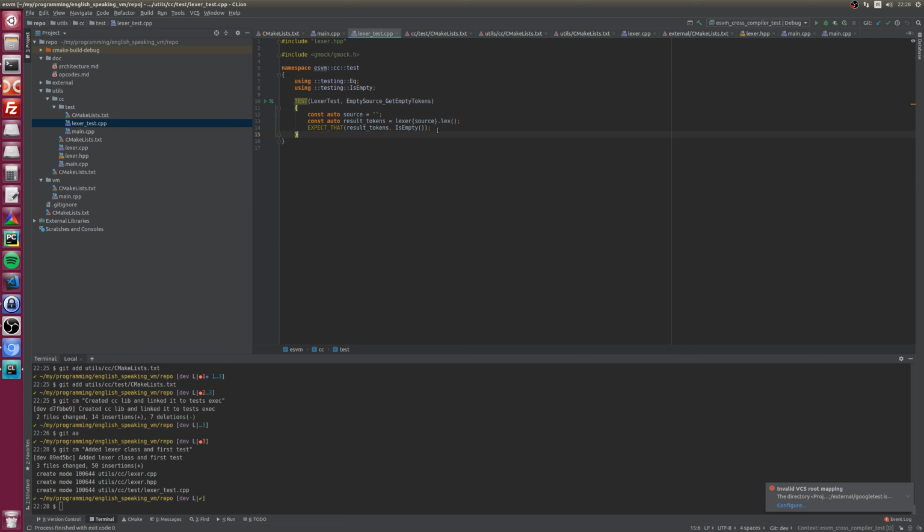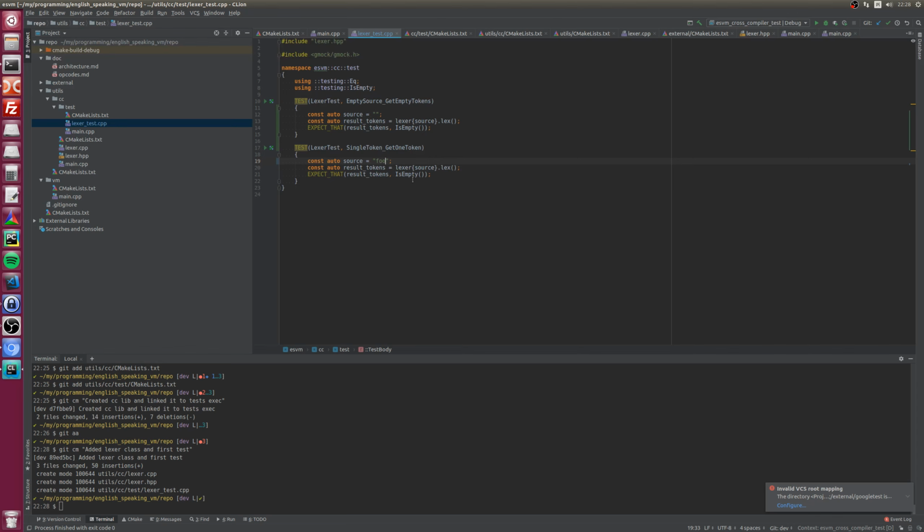That is going to have a single token, let's say. Single token, got empty tokens, now get one token. So, yeah. Cool.